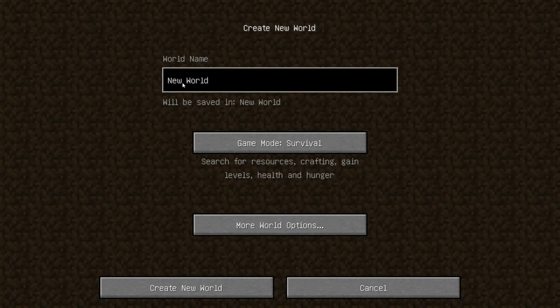I'm just going to leave the name new world, but you can change this anytime you want. If you select the world that you want to change the name of, and then click edit, then you can change the name of it later. So you can choose any name you want at first and then change it. So anyway, this